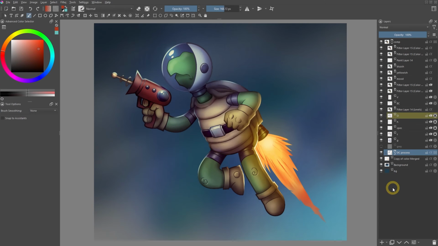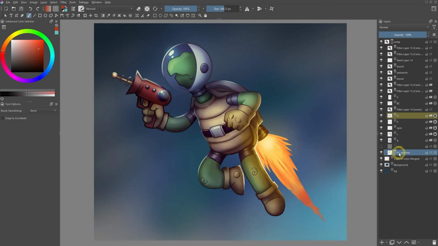Let's see another example. In this file, the shading colors, highlight colors, and so on all use the inherit alpha feature. They all seem to be clipped to this layer. But because inherit alpha is not bound to just one particular layer, we can easily create a grayscale version of it by swapping layers or by adjusting the visibility of the layers below.